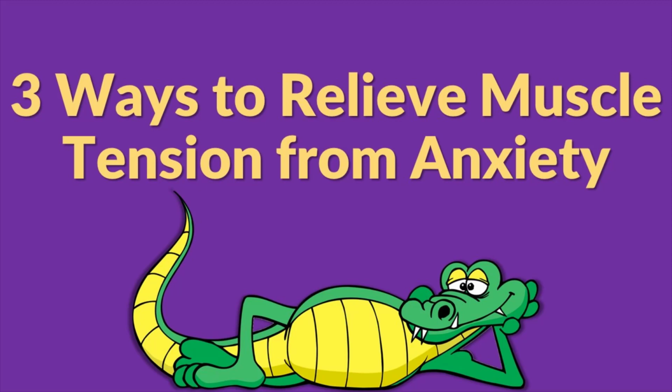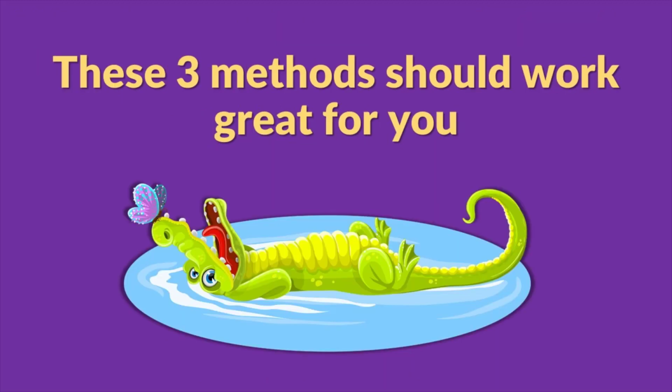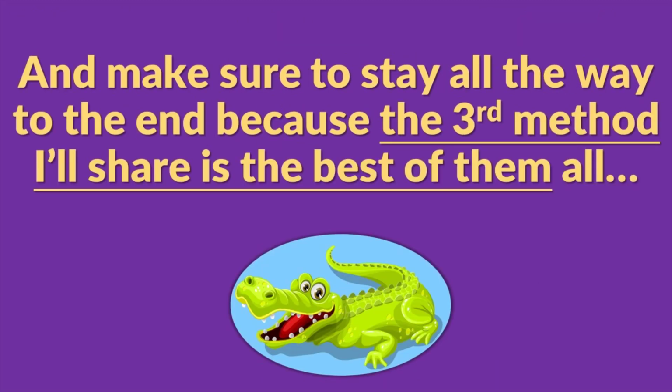Here are 3 ways to relieve muscle tension from anxiety. So whether you've got muscle tension in your stomach, your lower back, your shoulders, your neck, or all of the above, these 3 methods should work great for you. And make sure to stay all the way to the end because the third method I'll share is probably the